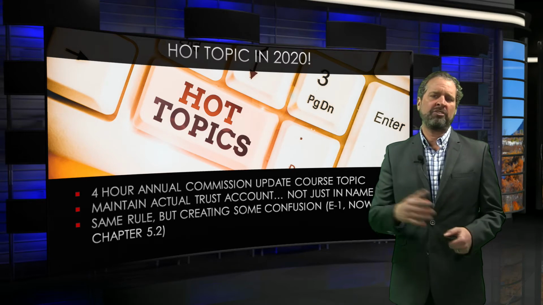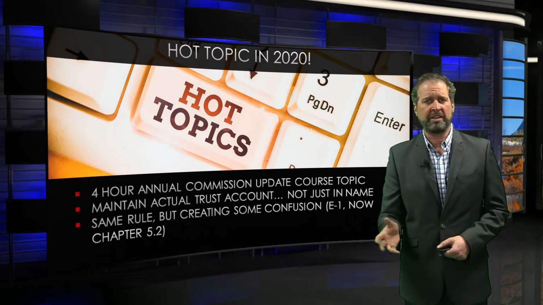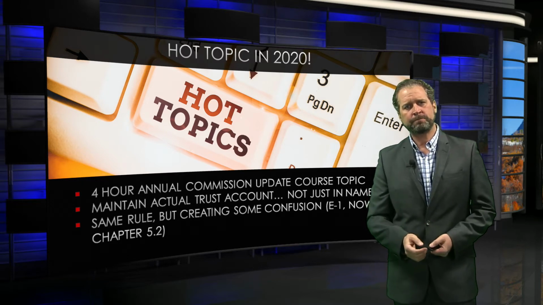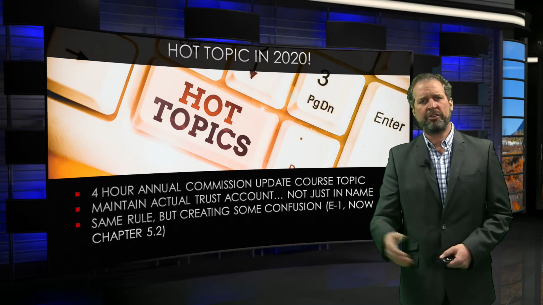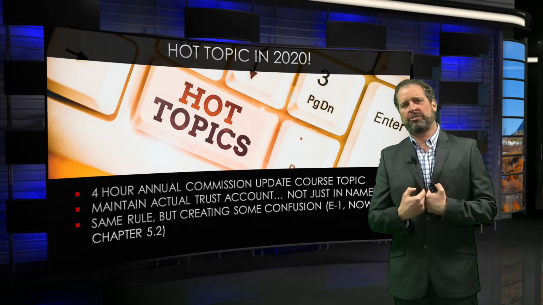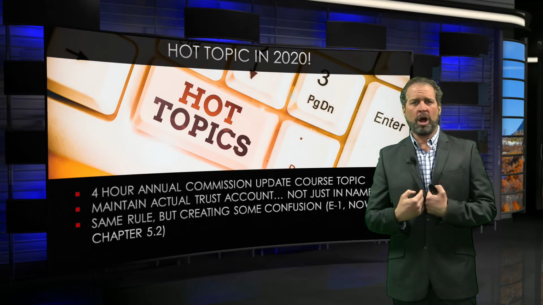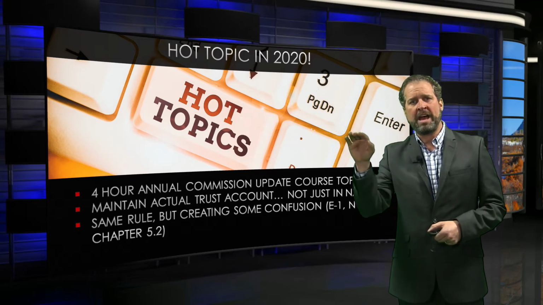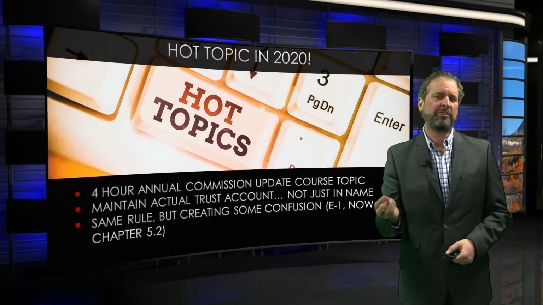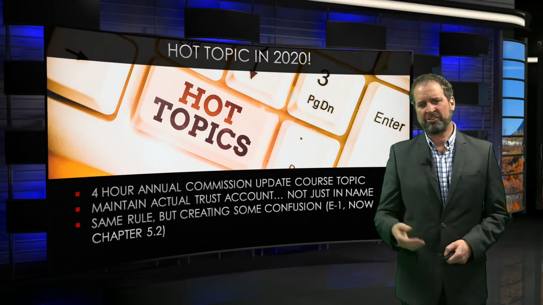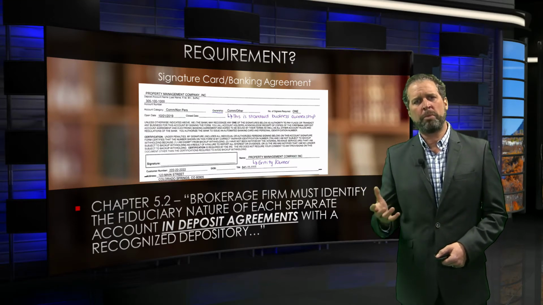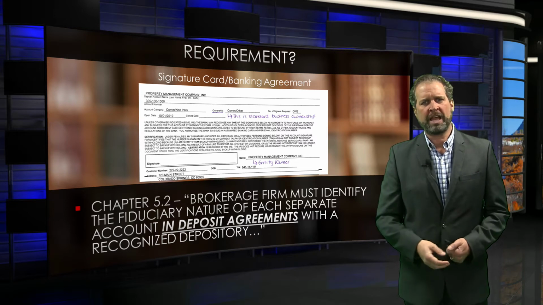That has created some confusion because I think a lot of licensees, property managers and other brokers that might hold earnest money for third parties might go out to their bank and say, I want to open the Scott Peterson trust account, or the Scott Peterson property management trust account or operating account, and name it that. But just naming the account doesn't satisfy the requirement, because what's actually required is that you're creating an actual fiduciary or third-party fiduciary account.